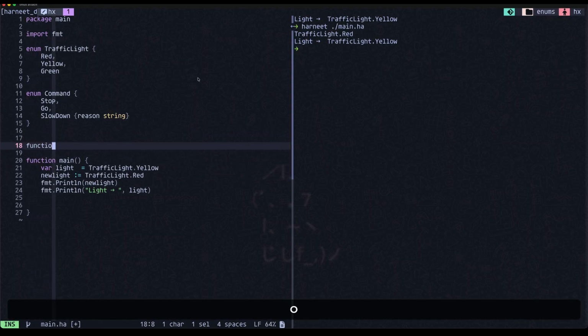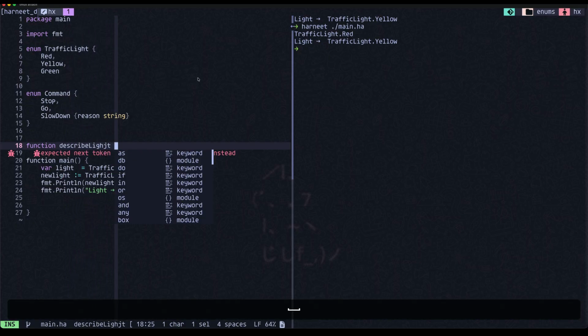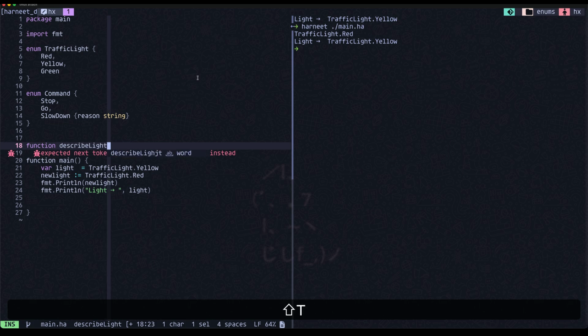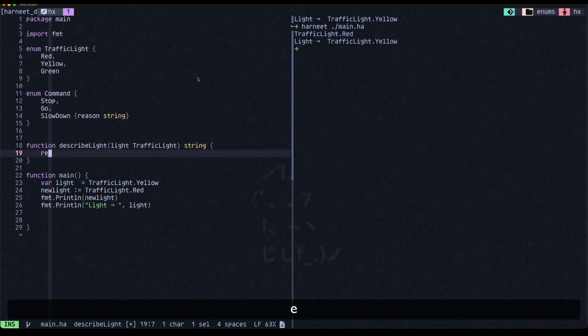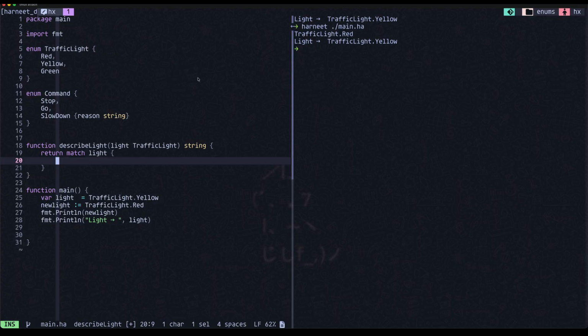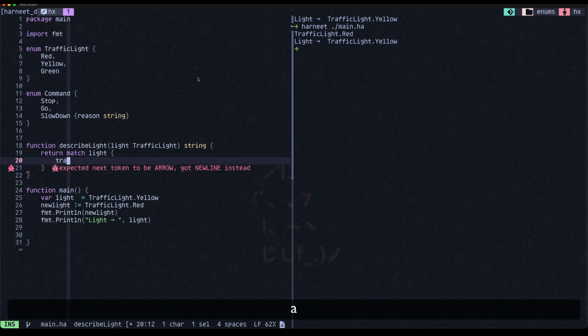Let me call the function describeLight. Light is a traffic light and it returns a string. So return match, again this is parameter matching from Rust, and say for example when we say trafficLight.red, what I want to be returned is stop,